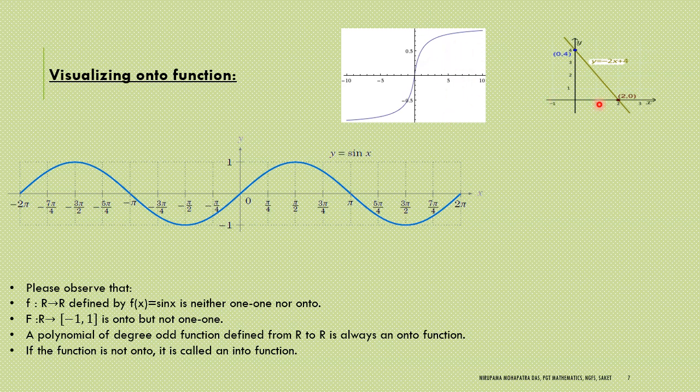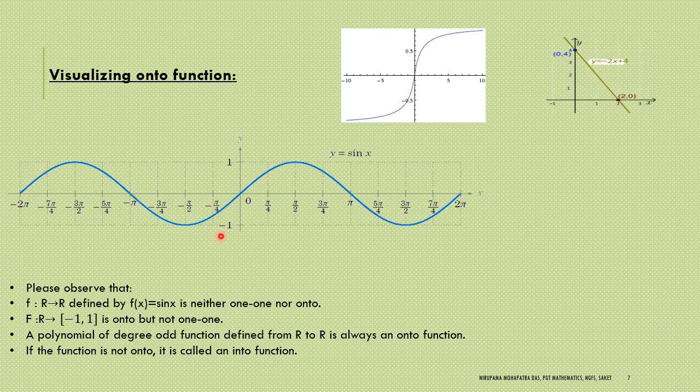Similarly, in the case of the linear function, you see this is 1-1. We have already proved it. Now let's check whether it is onto or not. If you take any real value of x, you can get the corresponding value of y. So for every y belongs to R, you have x belongs to R, right? Whenever we consider every y belongs to R, set of all y means set of all real numbers. So here also, a function from R to R, this function is also onto.